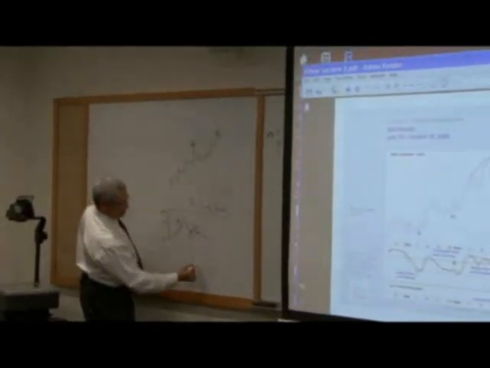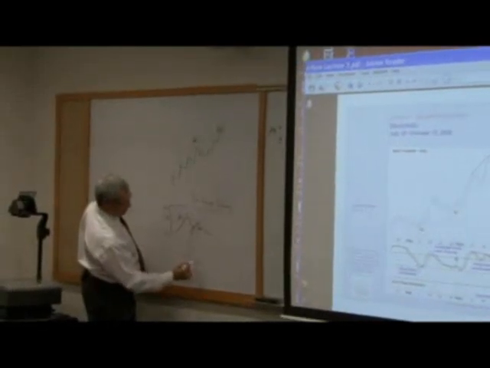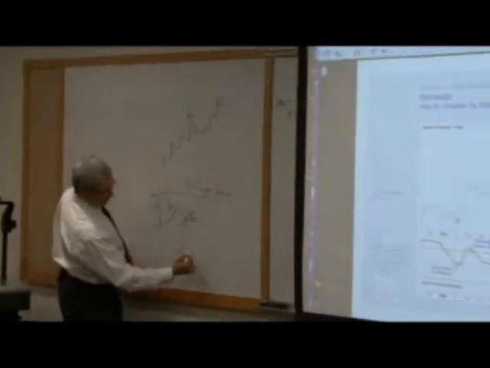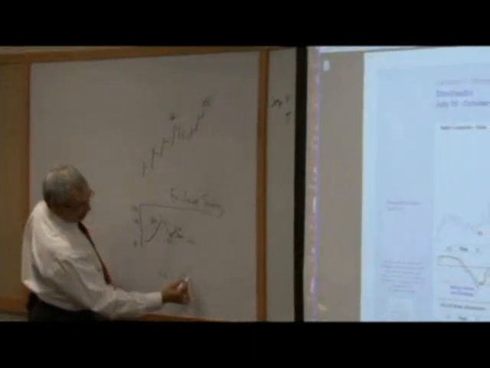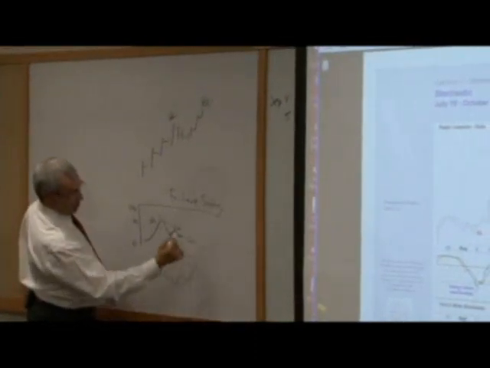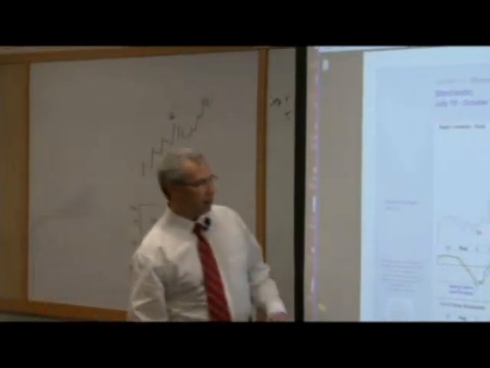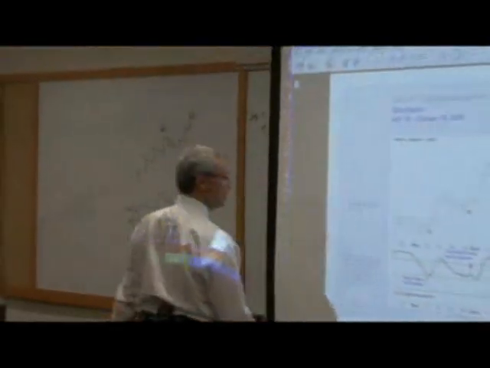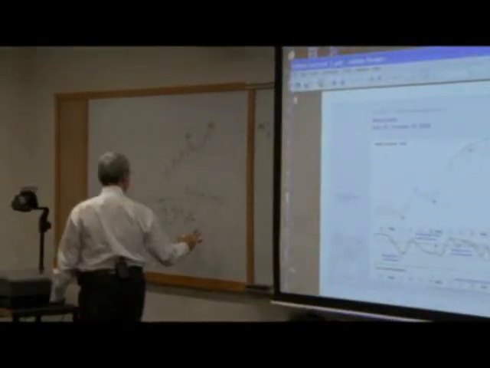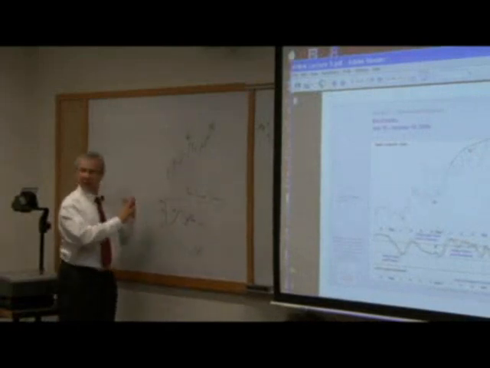We can do it on the other side. We can get below 30, have a rally, and the RSI goes up and makes a higher low, even when price makes a lower low. I don't know if we have a crossover on that. So that's the way to use it in a sideways market.